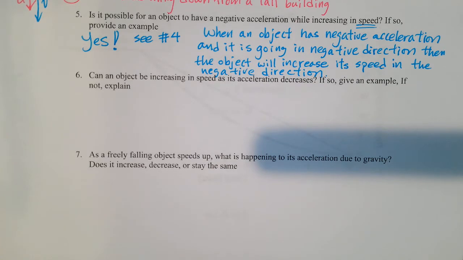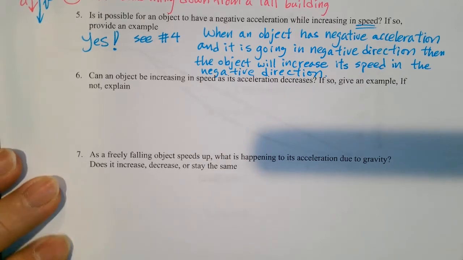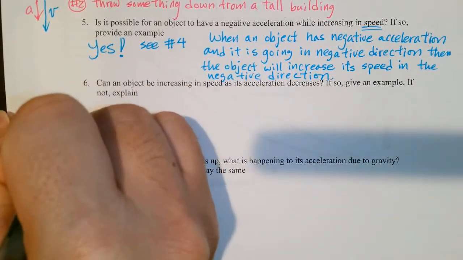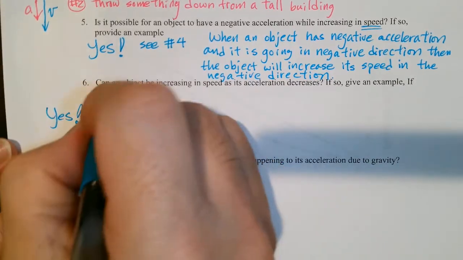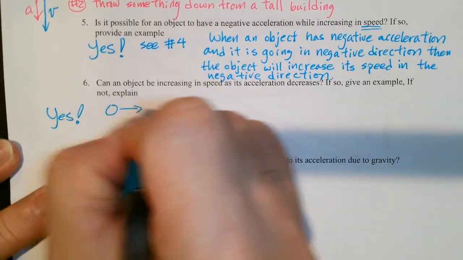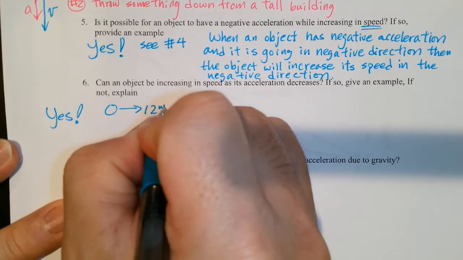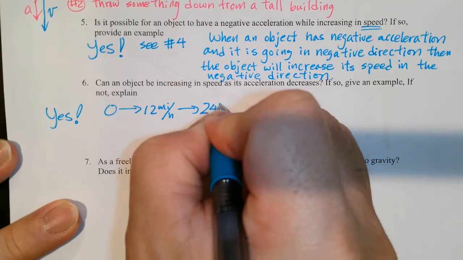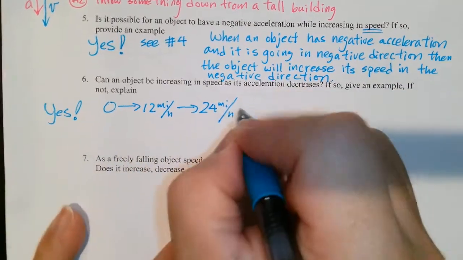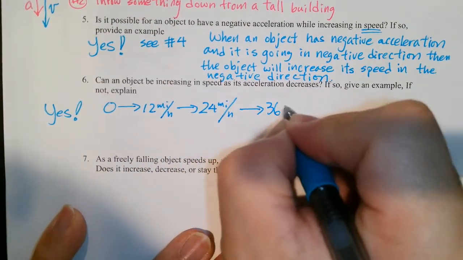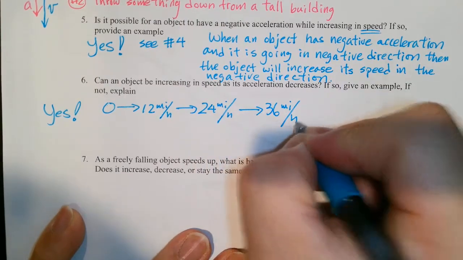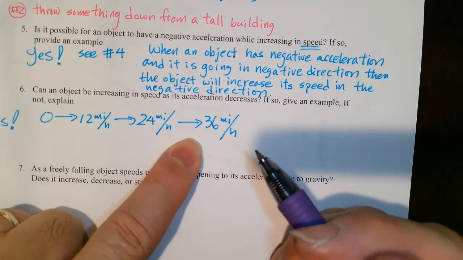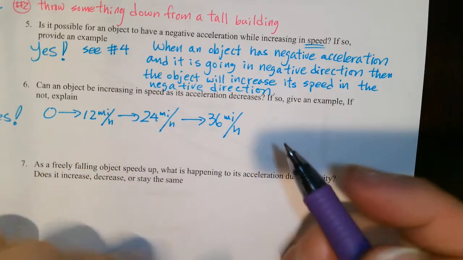So you sort of ease on your accelerator. So the answer is yes, obviously. That can happen. So you could go from 0 to 12 miles per hour, and then to 24, and then to 36. But now, instead of continuously going 12, 12, 12,